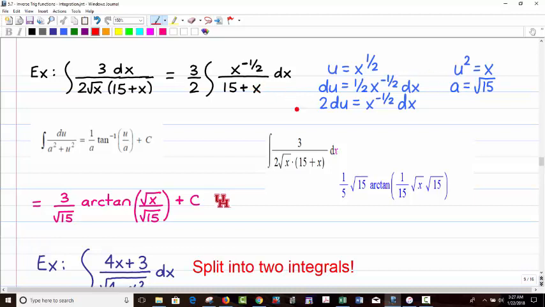So we got u squared. A would be square root of 15. And then the du is 2. So I brought the,